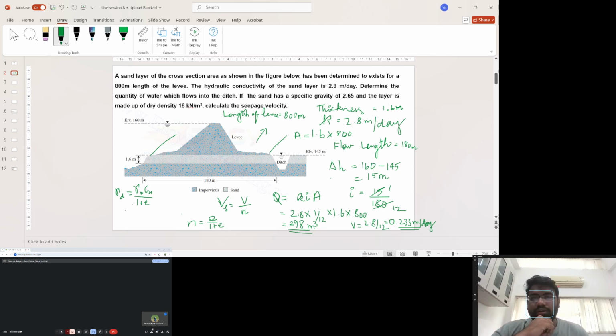So we need the gamma W. Gamma W can be taken as 10. Gamma D is 16, which is equal to 10 into 2.65 by 1 plus e. So if you calculate it, 10 into 2.65 divided by 16. So e will be